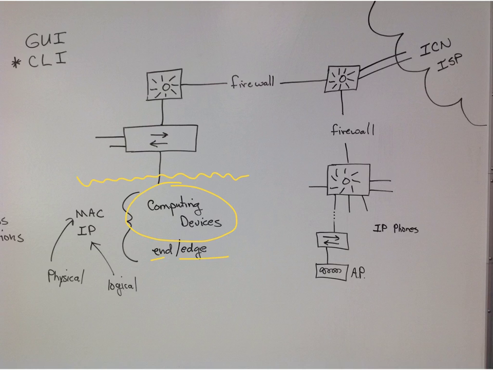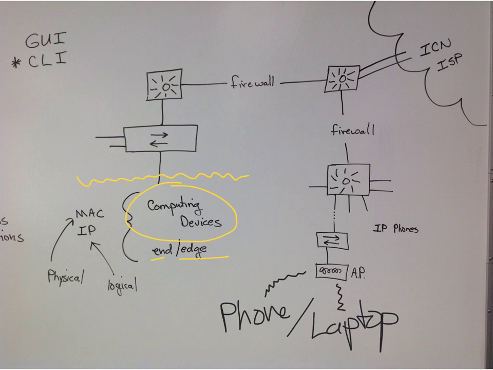We gave the example, maybe a phone, somebody had their phone or their laptop, and they were connected, but where they were connecting in was to this access point. Whereas the PCs in the room,